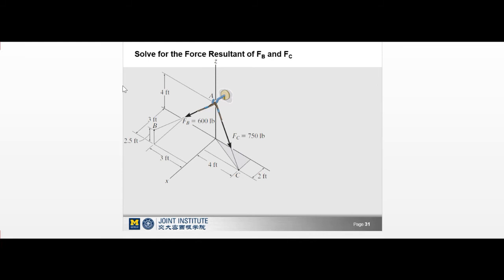What we don't have, so we have the magnitude of FB here. We don't know what the components of this are to be able to add the two together. So we have a few choices, which we can do some just basic geometry here and have the projections. Many times, as I've seen in exams, when people try to do this, they have a higher risk of having a mistake in the problem as they solve it. And you can see FC here, we have the magnitude of FC,